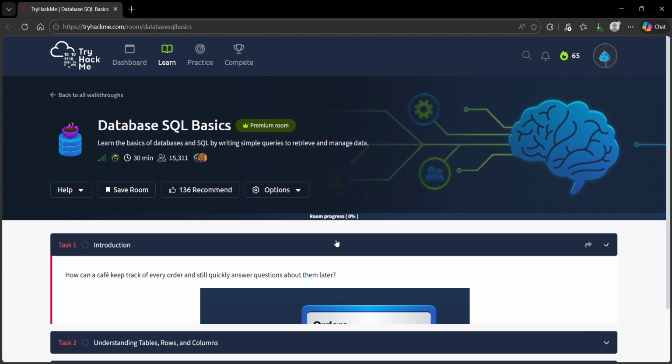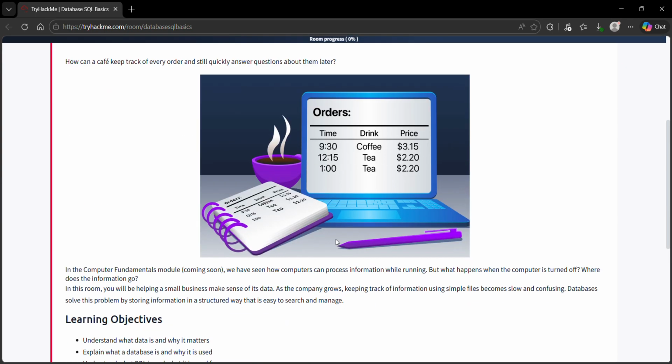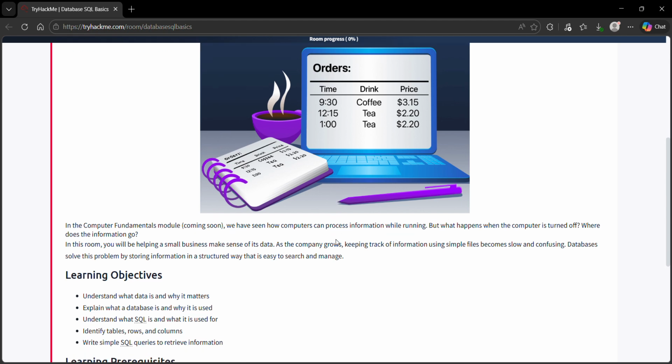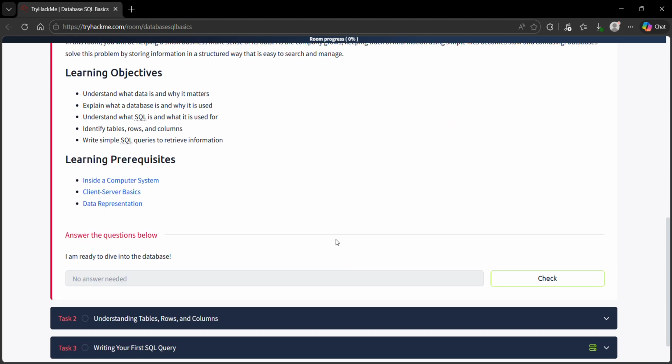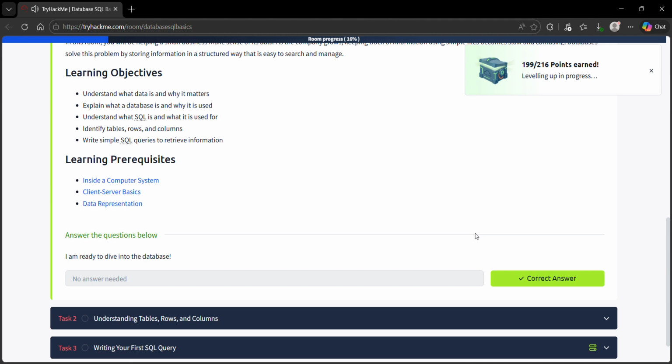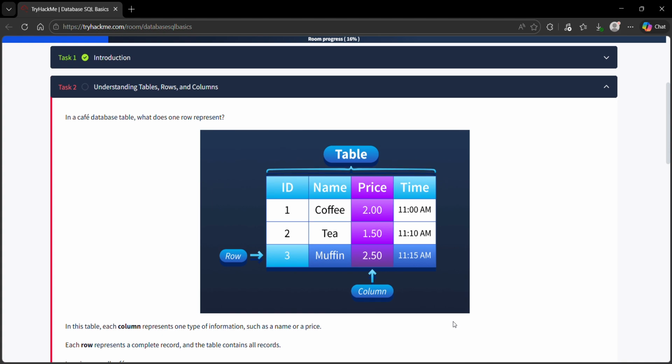If you do not have any prior knowledge about the SQL language, what I ask everyone of you is, don't panic first of all. If you go to the theory that is given in the room itself, you can easily complete the room. But I'm assuming that you have a bit of prior knowledge about it. So I will just directly